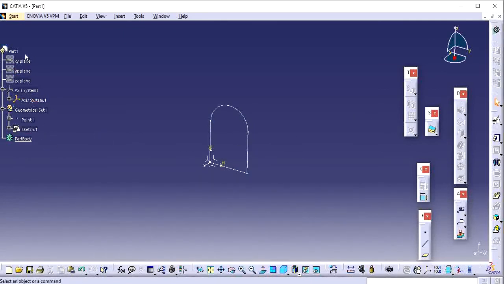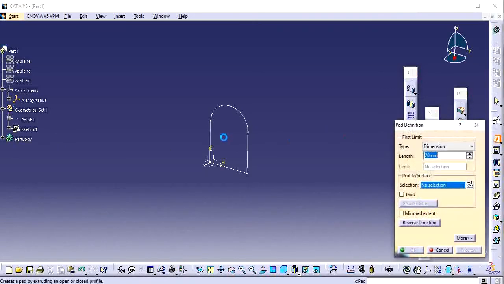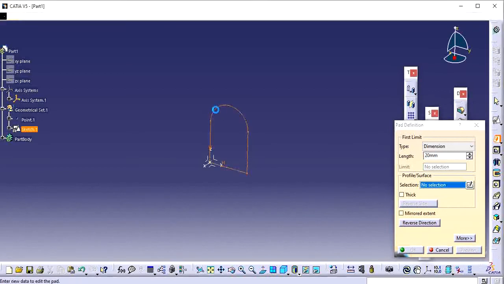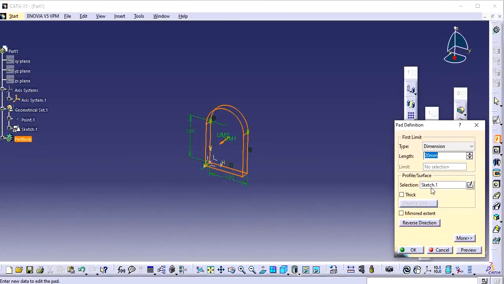In CATIA you can create different part bodies and you can do the Boolean operation. So that is a body side approach. That one also we can see later. So once you select the sketch, here you will have many options like how you need to thicken this part. Dimension means using dimension. If you give 20 mm, it will extrude 20, up to next.